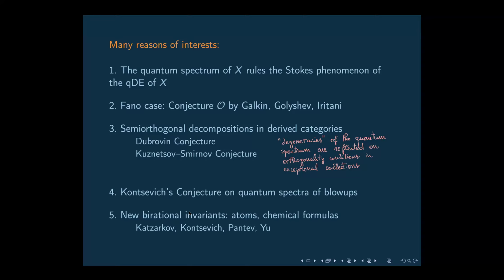But also, let me mention other interests coming from interactions with an apparently different aspect of the geometry of X. Up to now, I am speaking about quantum cohomology, which is on the symplectic side of the geometry of X. But it turns out that,